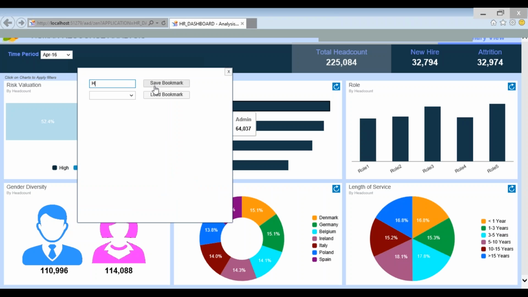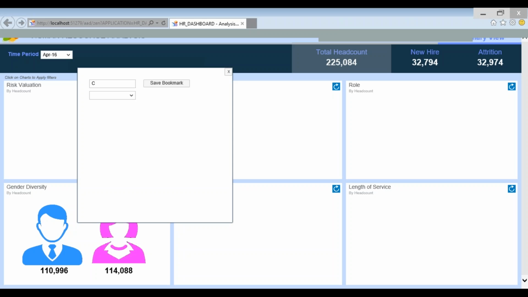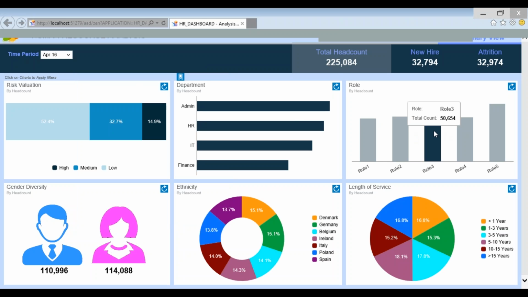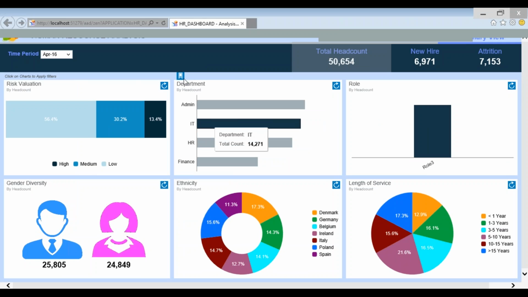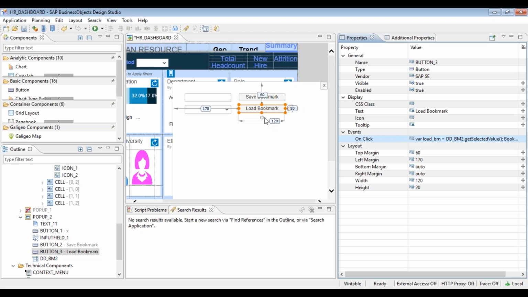So save a bookmark. Now if you want to load some bookmark, you can load bookmark C if we have applied any filters. Okay, we have not applied any filter. So let's apply a filter first and save this bookmark as bookmark D. Now load bookmark B first. It's not showing this because when we created bookmark B, that time the load button was not there. So what we need to do is